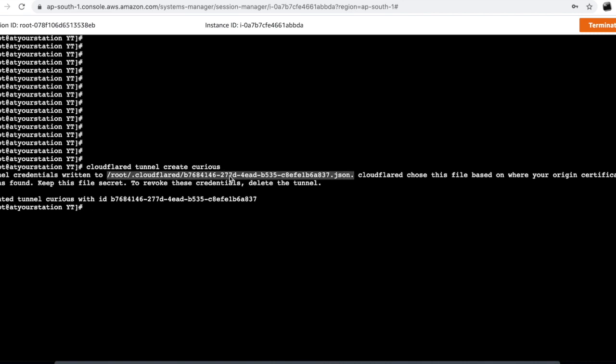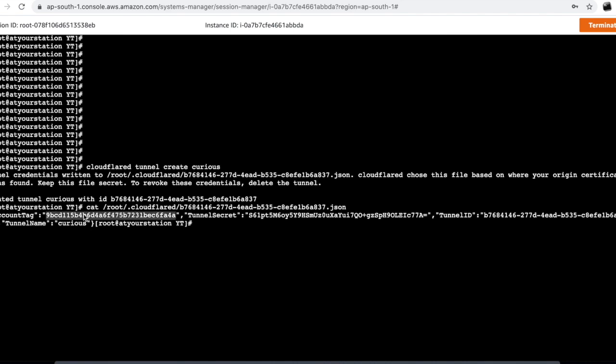These are your tunnel secrets. You can copy this file and keep it wherever you want. You just have to call it from your config.yaml. So let's see what is present inside this file.